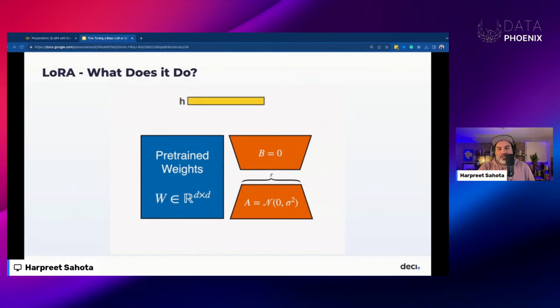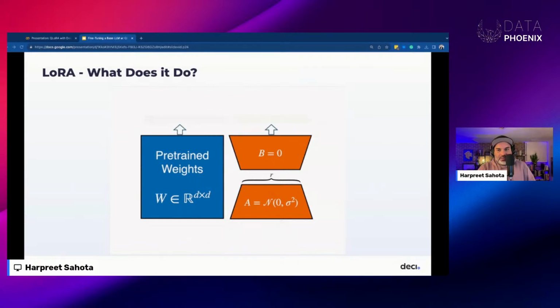This contains a total of 2 times r times n parameters, which is far less than n squared parameters. So instead of explicitly calculating that entire weight matrix, LoRA learns to decompose the matrix directly during training. This results in a lot of savings with memory and compute.